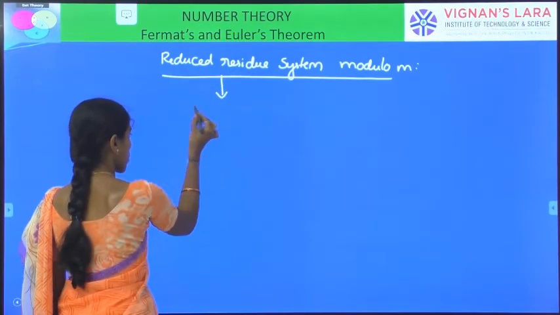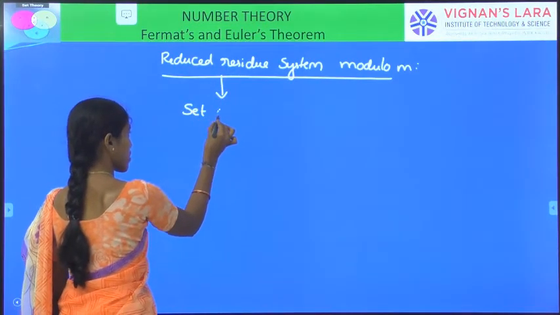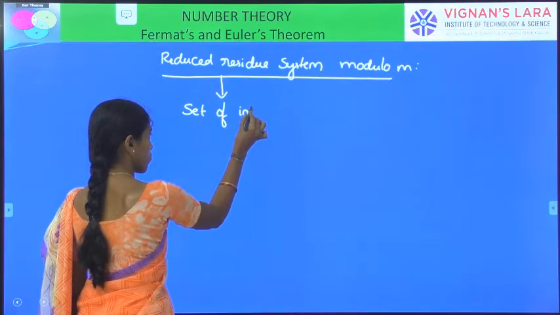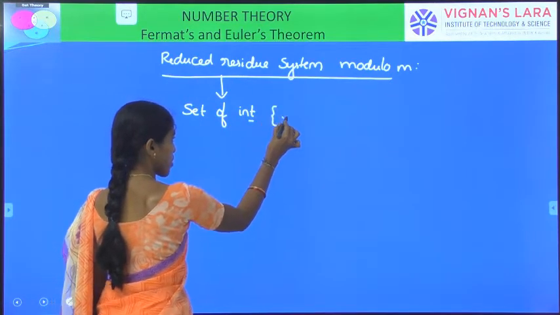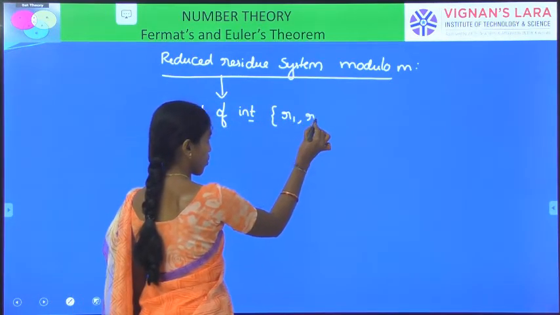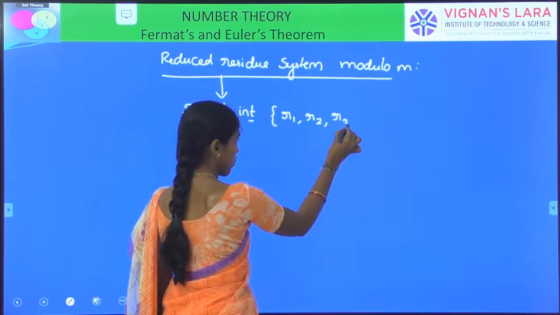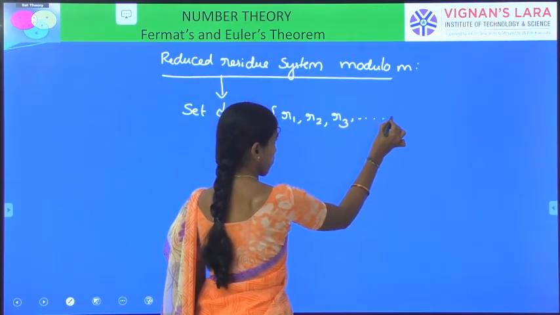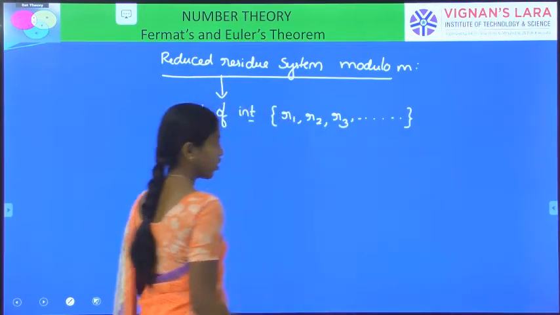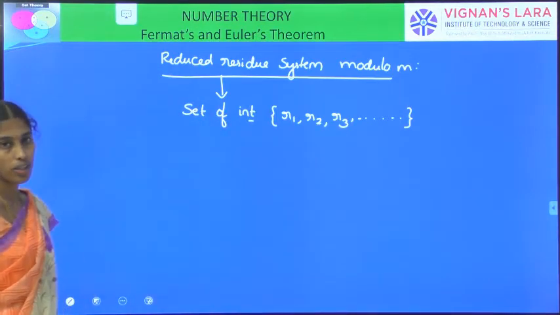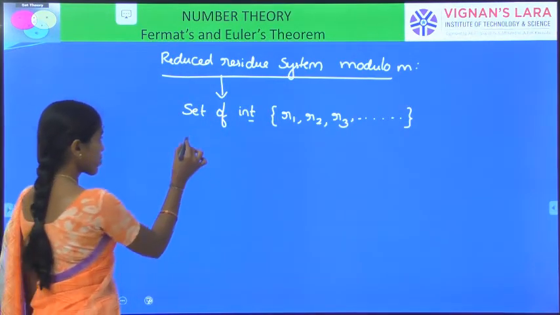Actually, this consists of a set of integers. Set R1, R2, R3 and so on, such that